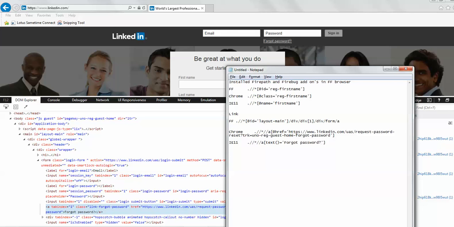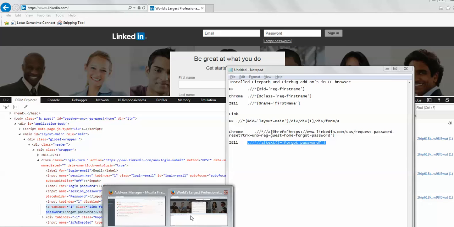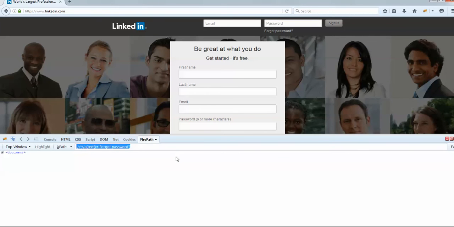So let me complete it, and now I will check for this and see whether this is the correct XPath or not. So when you practice this more, you don't have to depend on XPath Firefox at all. You can directly customize your XPaths and give it to your script.